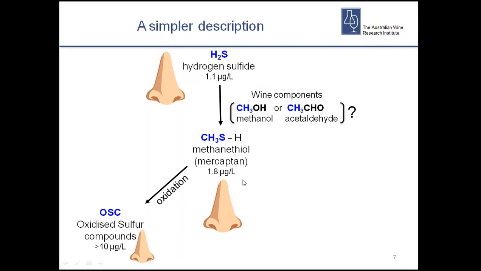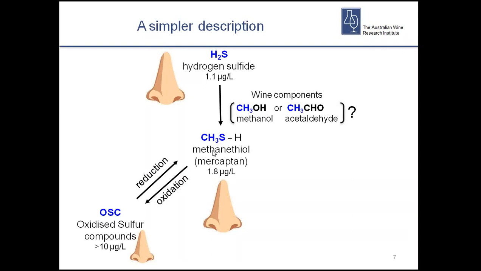But this is also a very reactive nucleophile, and it can be oxidized to larger molecular weight sulfur compounds. So this will be our disulfides and our trisulfides. And although we're changing the chemical form of the methanethiol, it can still have a big impact on wine aroma, although the aroma threshold will be much higher now at 10 micrograms per liter. So these oxidized compounds, unfortunately, are not stable, and they can also be reduced back to methanethiol. This is not a one-way reaction. It can be reduced back, and then depending on our wine conditions, we can once again have a problem with